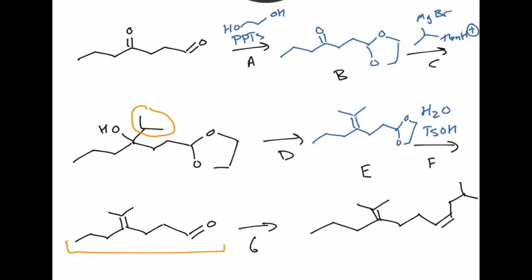My acetal got a little scrunch there, but it's fine. So how can I turn this alcohol into a double bond? So, 2 ways to do this, right? One of which uses strong acid, which your acetal is not going to be a huge fan of. The other one uses